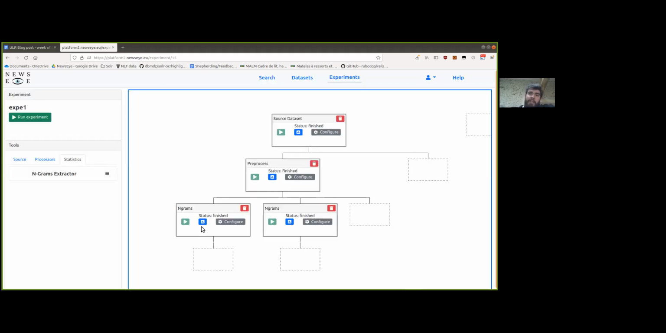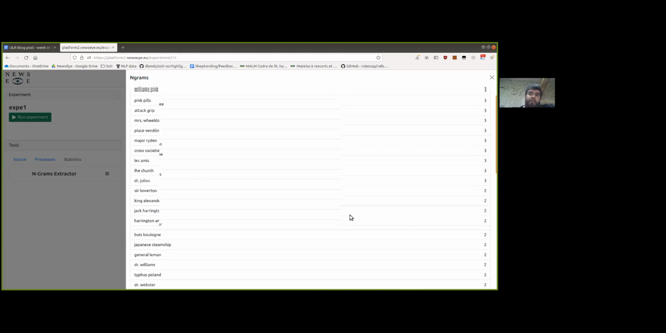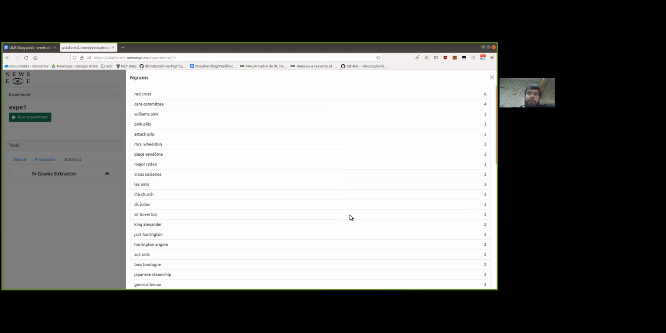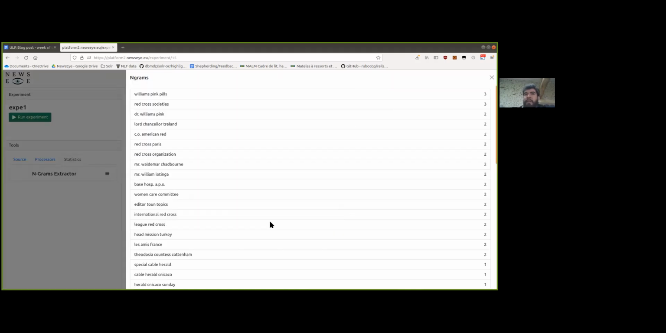But if I click on the blue button for the engrams, which was actually the bigrams there, you can see that red cross was the most frequent bigram, care committee, and then you have some information like that, which can be important and which can be useful to qualify your corpora and make some kind of experiments. And if we look at the trigrams, you can see that we have trigrams. Of course,